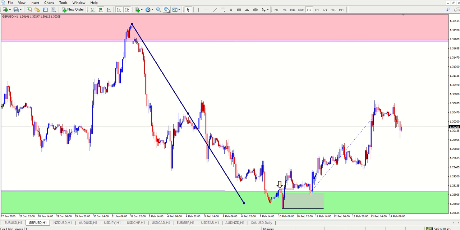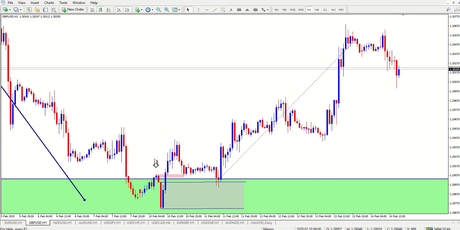Now let me explode this a bit. The last lower high that price actually gave us here, and I also took note of the following candles right after that high was established. You can clearly see there are these two bearish candles, and lastly this very huge bearish candle to the downside. Now this huge bearish candle always attracts people, the fear of missing out, guys. When they see this candle close, they go ahead and sell right after it closes, and that results